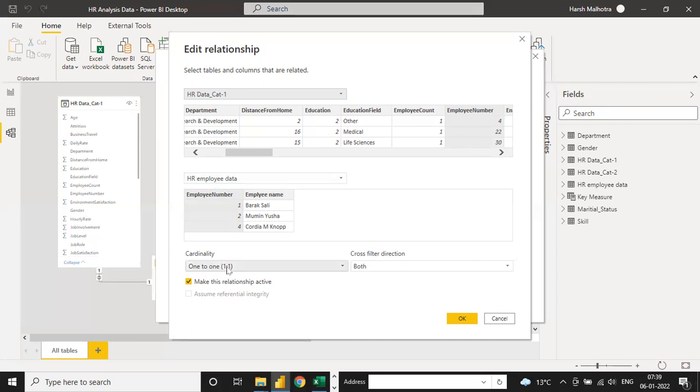Okay, so if I click on this one-on-one option, there is a total of 4 types of relationship. So guys, before moving on to the relationship step, I am asking you one question. Do you have knowledge about fact table or dimension table? Anyone? What is a fact table and what is a dimension table? Do you have any knowledge? Okay. So now I'm going to explain what is a dimension table and what is a fact table.